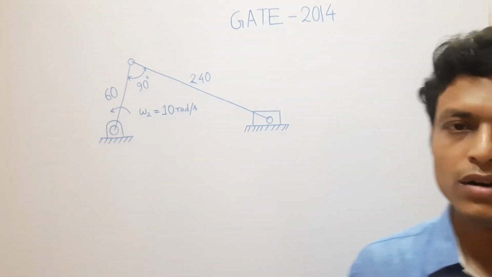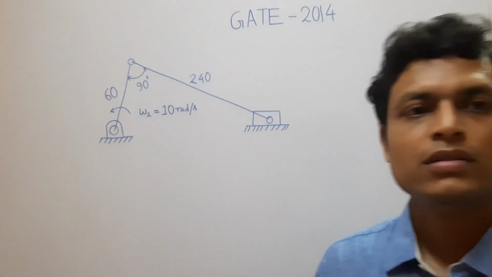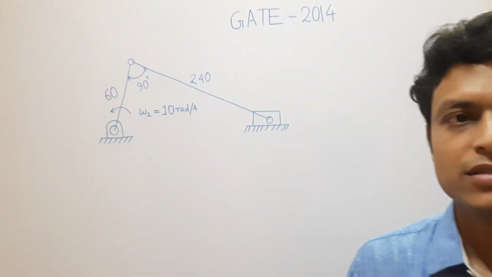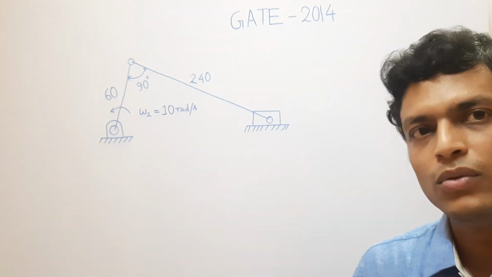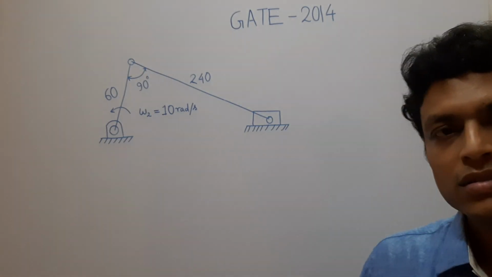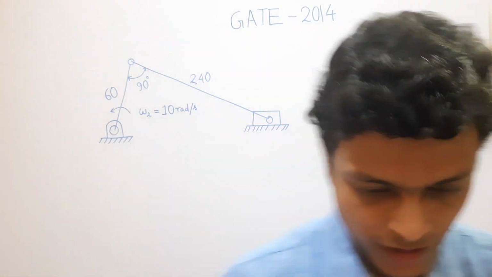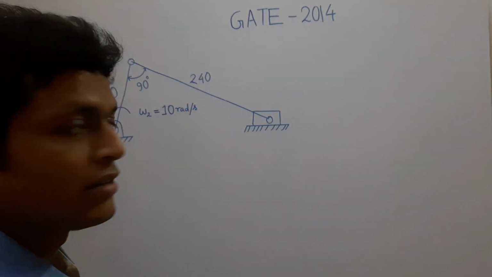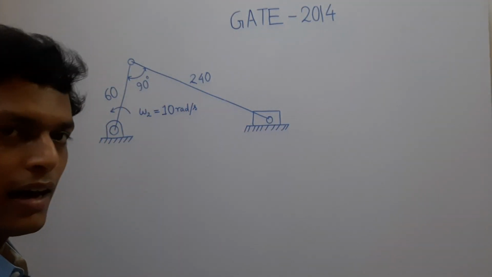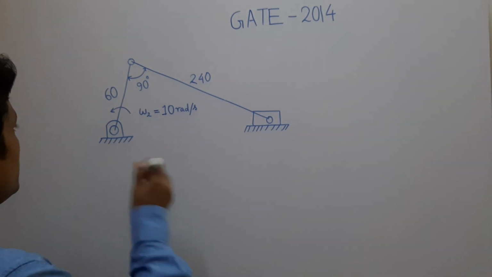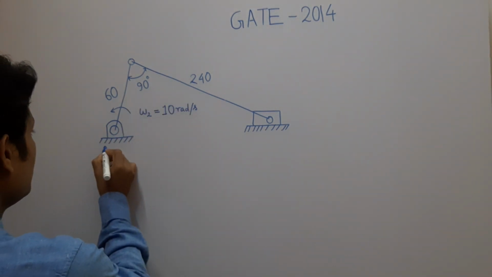Now we are going to solve GATE problems by the relative instantaneous center method, and especially we will do it for slider crank mechanisms. This is a problem from GATE 2014. It has been asked that this is a slider crank mechanism, say